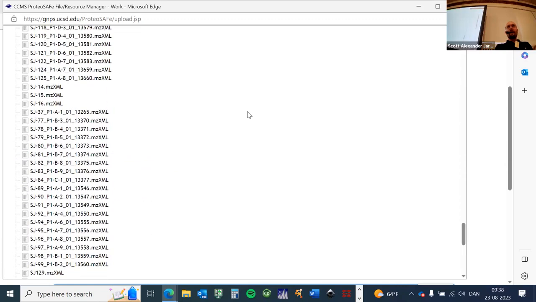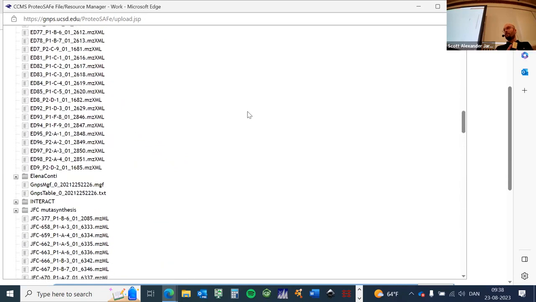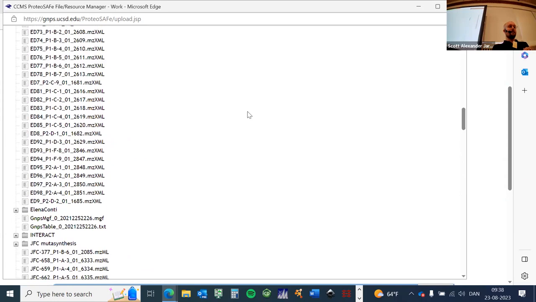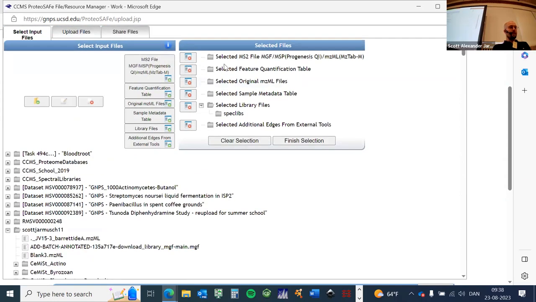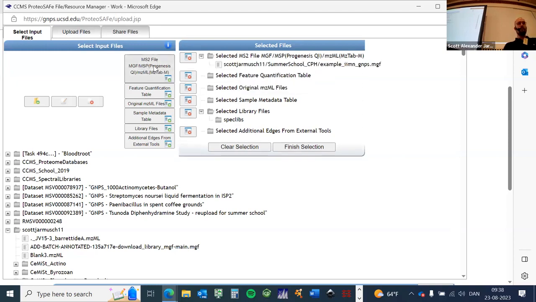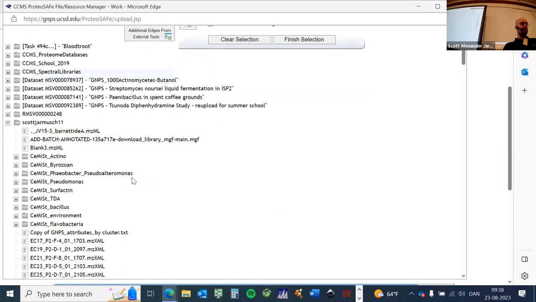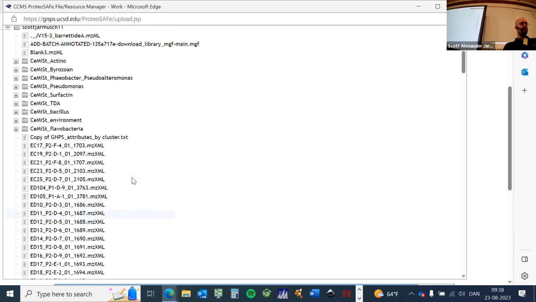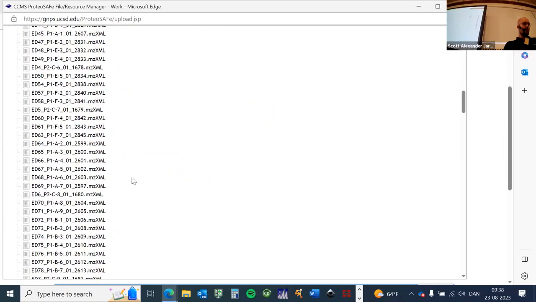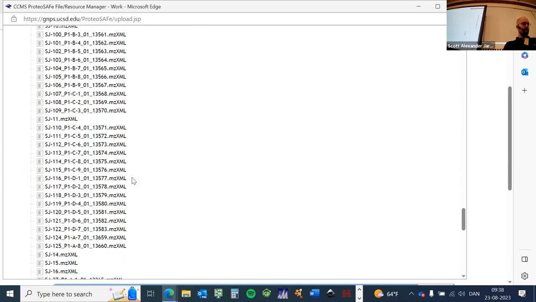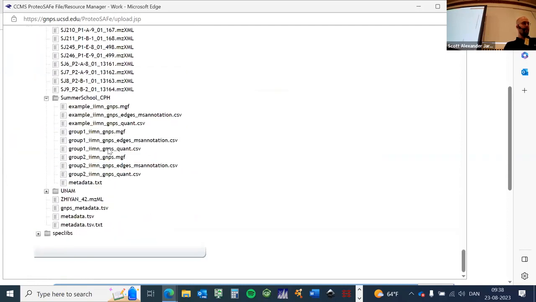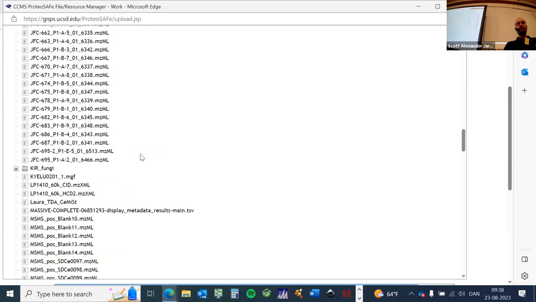So the MGF file is the file that has all the information of our features. This goes into, thankfully, appropriately titled MS2 file, MGF. We'll drag and drop it. If you highlight the file and then just click and drop it into it, we'll navigate back down. You have a quant file, it goes into the quant